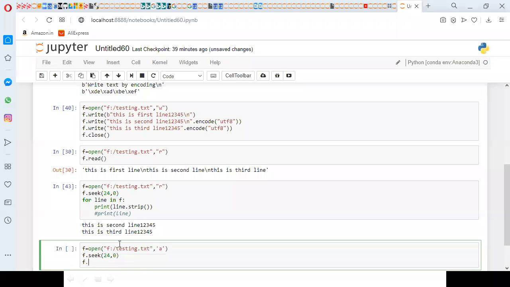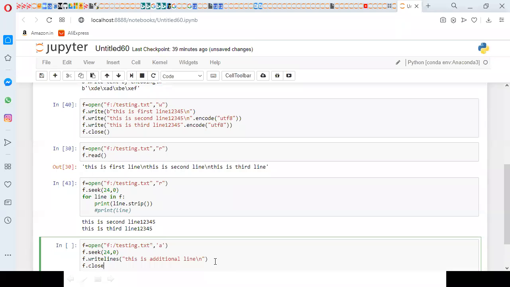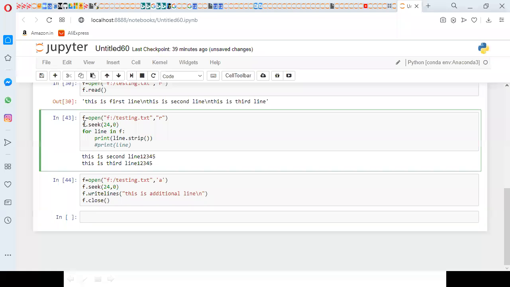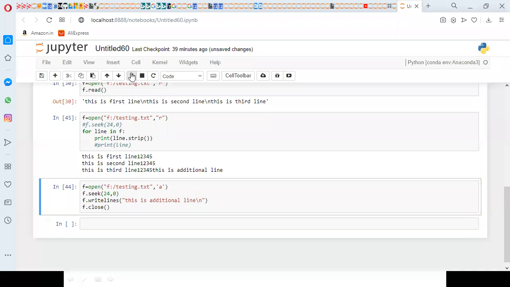Then I'm writing f.writelines, this is additional line, backslash n. Then f.close. Now when I read, I got this is first line, this is second line. Okay, sorry, w+ is what I'm supposed to use here. W plus, appending, adding in the middle.